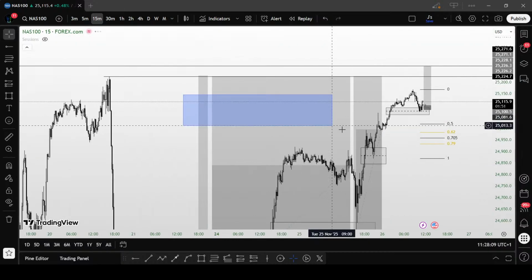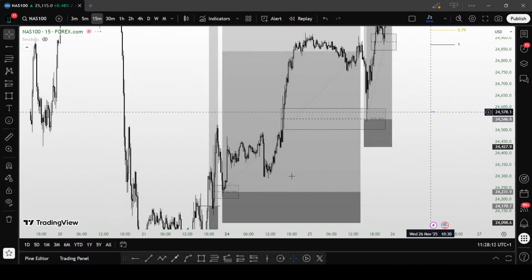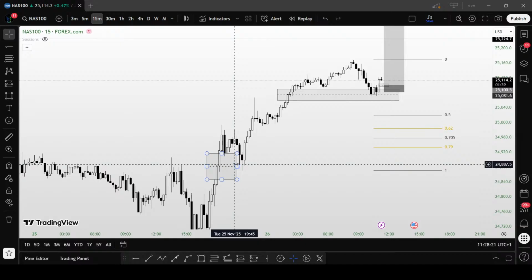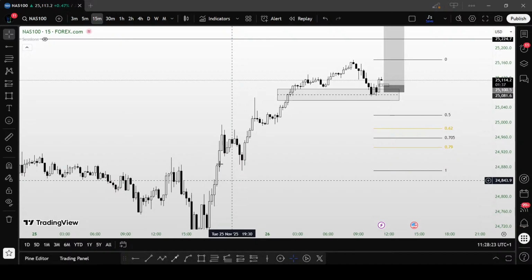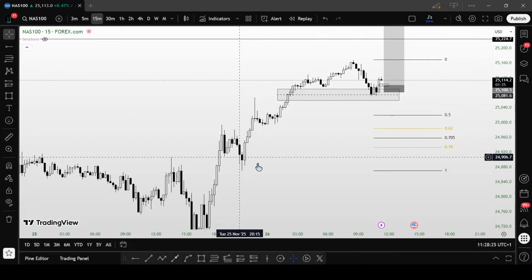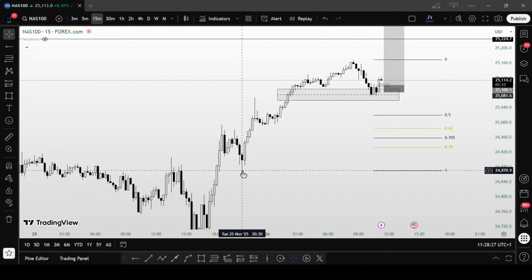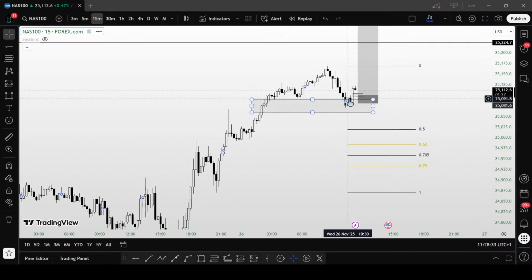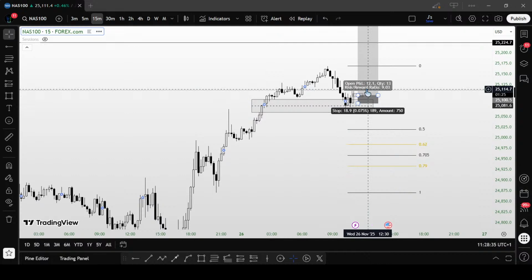Okay, I can just draw them later, right? So let's just say that anything from this area has already been used. So we are looking forward from this low all the way to the high, from this low all the way to the high. Okay, so on the 5-minute time frame, bullish setup there. We have a bullish setup there actually.